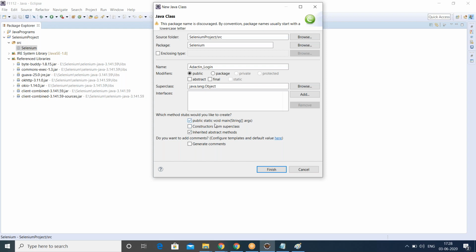What is public static void main called? Yes, guys, it is called the main method, right? What is the use of the main method? Execution. The use of the main method is for execution.